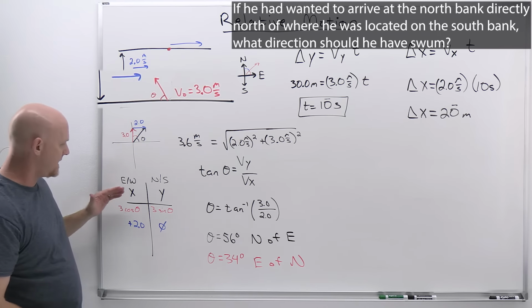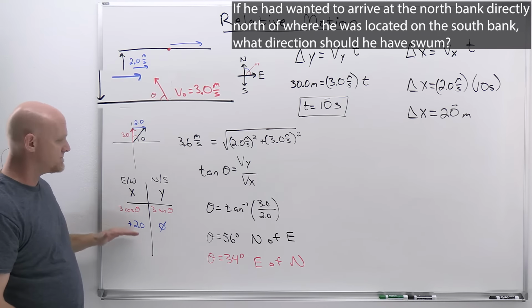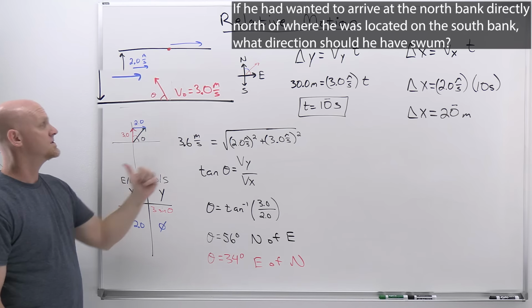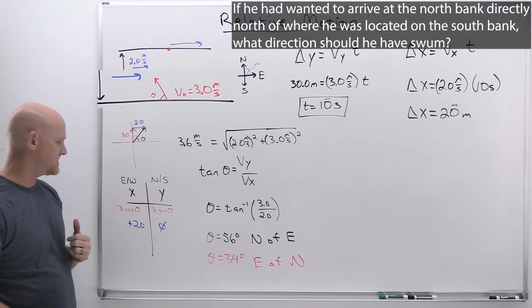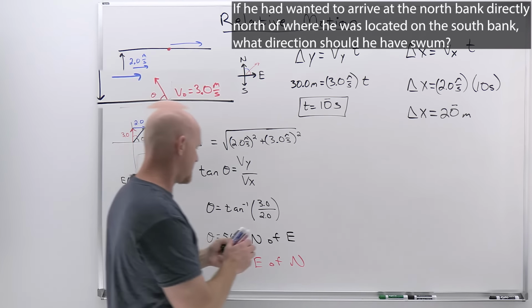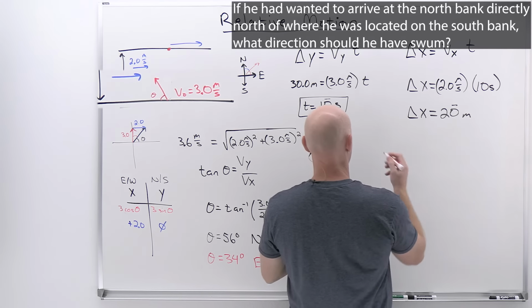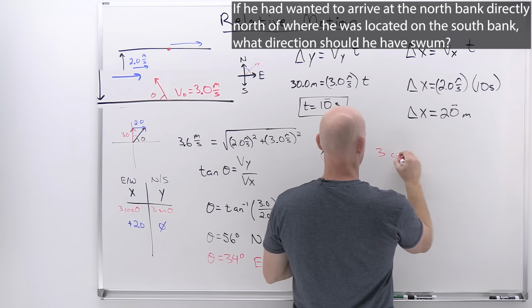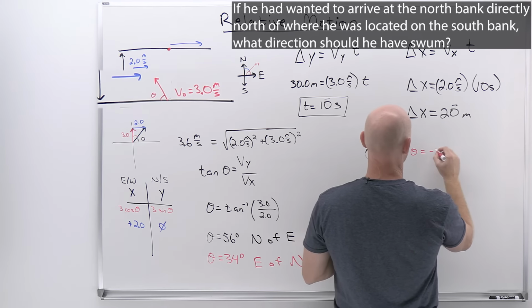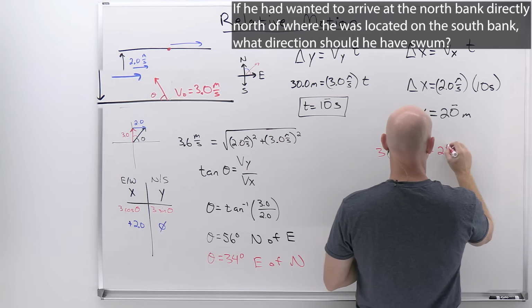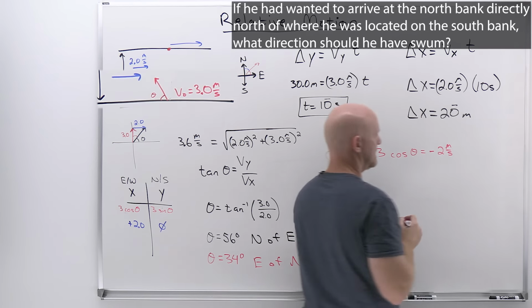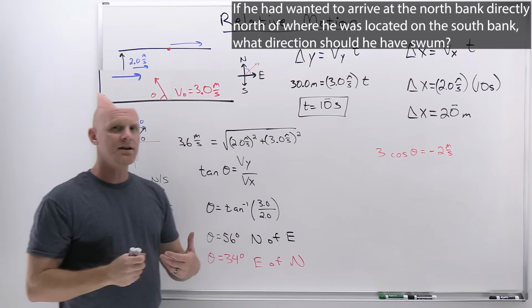Well, the key is I need the x components to add up to nothing. His overall x component must be 0 if there's no overall x displacement in his travels. And so right off the bat, I know that this 3 cosine theta has to have a value of -2, 2 in the westward direction, if you will. And so if we set that up, we can say that 3 cosine theta equals -2 meters per second. Now we've got to be a little careful here. So with that -2,